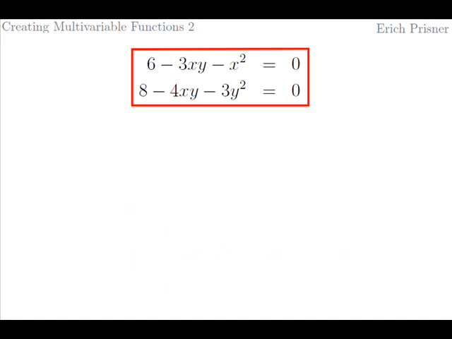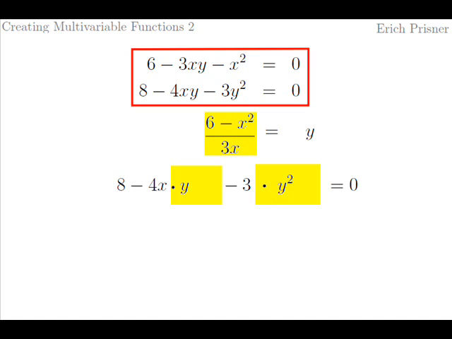The rest is algebra. Two nonlinear equations with two variables, substitution method, clearing the fractions of a rational equation, resulting in a quartic equation that is in fact a hidden quadratic one and can be solved using quadratic formula. Almost all of it is basic college algebra stuff. Please check back there if you feel insecure here. We solve the first equation for y and get y equals (6 minus x squared) divided by 3x. When we plug this into the second equation, we get this equation here,